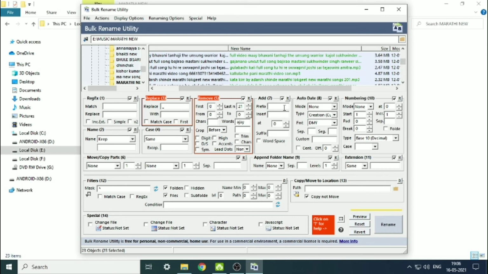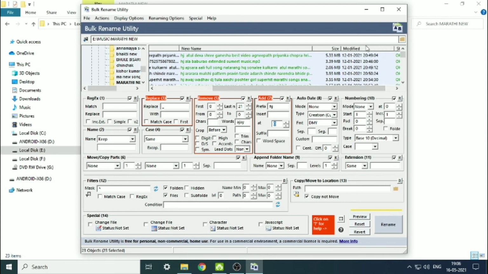And you can even add some prefix and suffixes for this word. So I have added the RJ keyword. You can even insert this one. Another one is add position, first, second, third, or fourth. Even that feature you can adjust. And you can even add the suffix for this word with a word space. The other one is auto date, that is if you want to adjust the date of these files, you can also adjust this one. It will change all the modification dates.